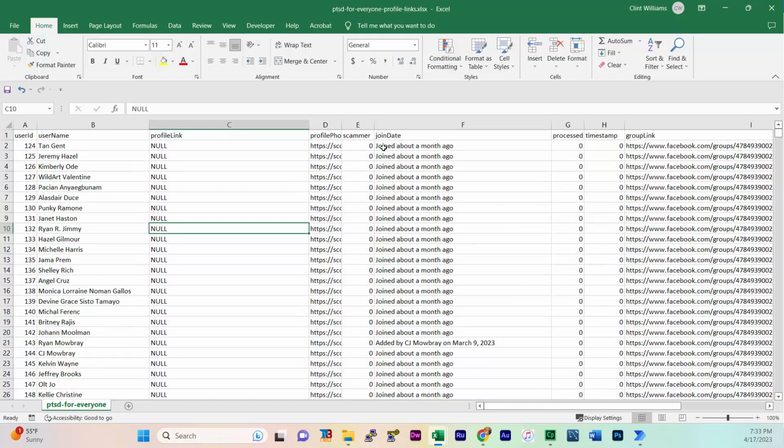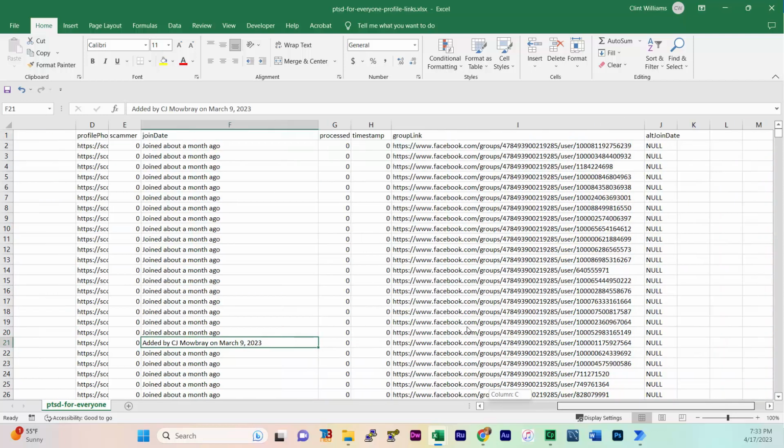So the next thing I'll document, once I've got this list, is a demonstration of calculating the timestamps to get a Unix timestamp, and then maybe in a video after that I'll show you how I make these graphs. But for now, see we got one here added by CJ. Okay, so we got a specific date here,